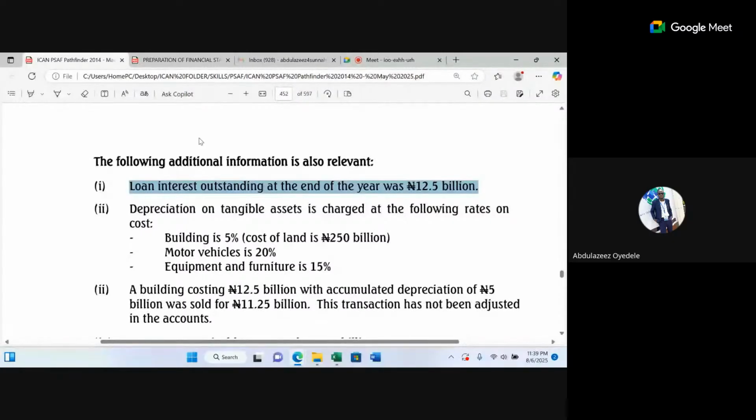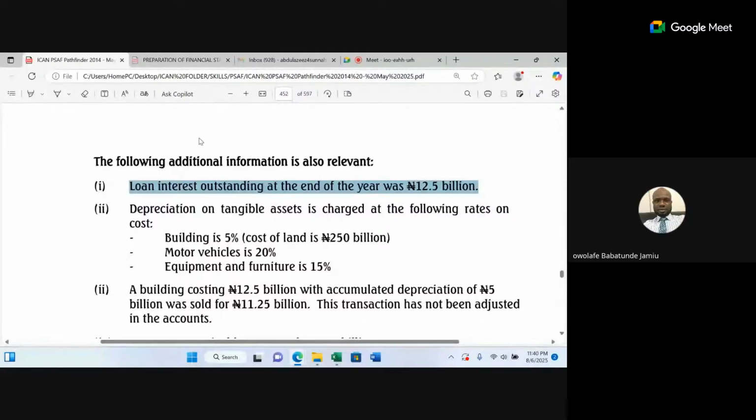If you buy goods from your supplier on credit, is it a current liability or a non-current? It's a current liability. Even if you don't pay back your supplier in 3 years' time, you will still be carrying that debt as a current liability. You will not say that because it has been 3 years that I have owed them, I will now put it under other non-current liability. No. It is the nature of that item itself that makes it a current liability.